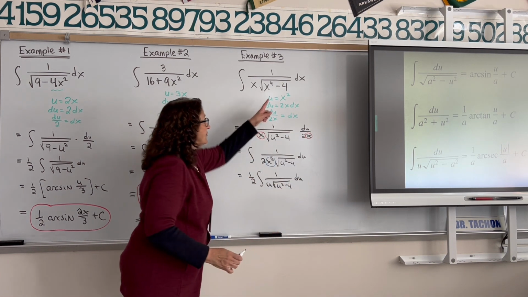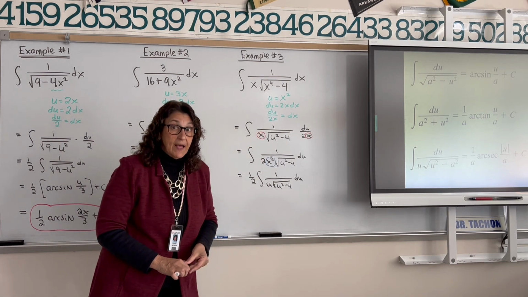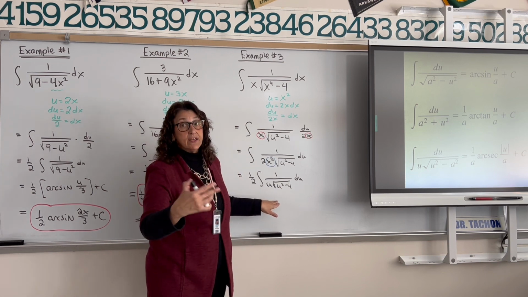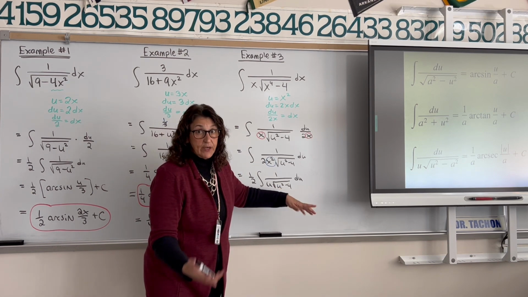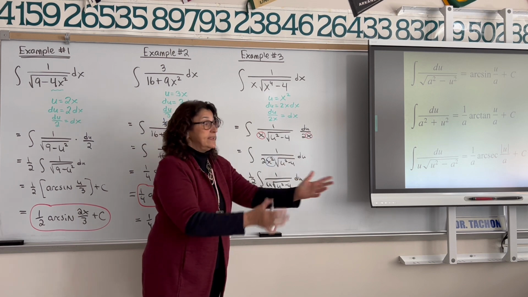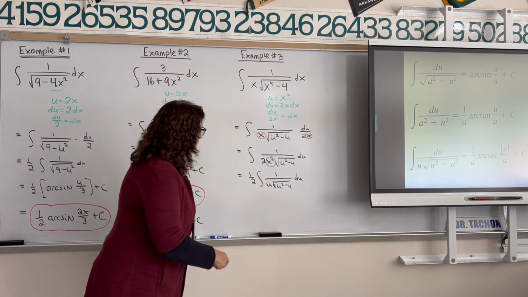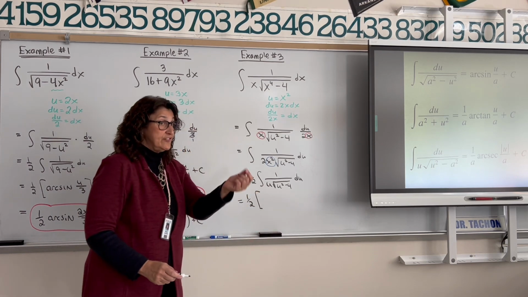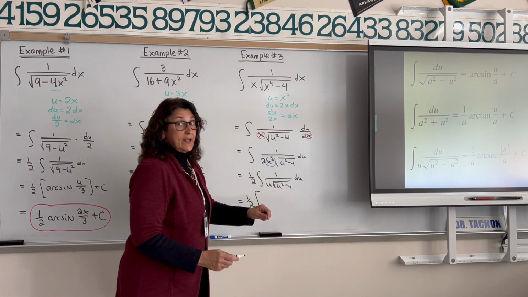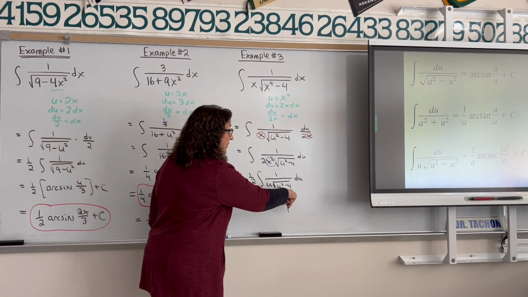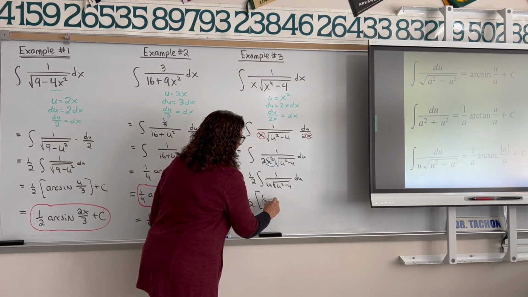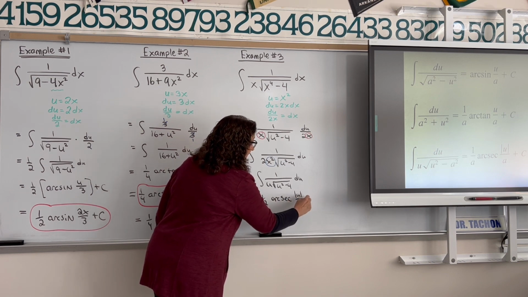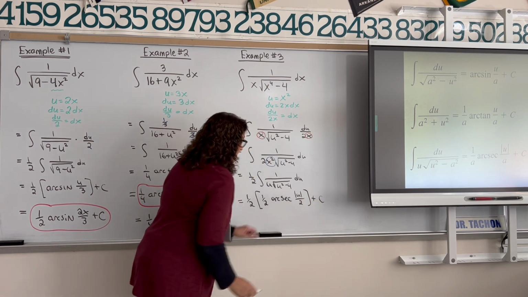So see, with our u substitution and going through step by step, we have the integrand exactly in the form of 1 over u radical u squared minus a squared. So it's exactly ready to go ahead and apply the arcsecant formula. So we have the 1/2 out front, apply the arcsecant formula. It's 1 over a. We do have a 1 over a up front, so a squared is 4, so 1 over 2, and then arcsecant absolute value u over the a is 2, and then plus your constant,